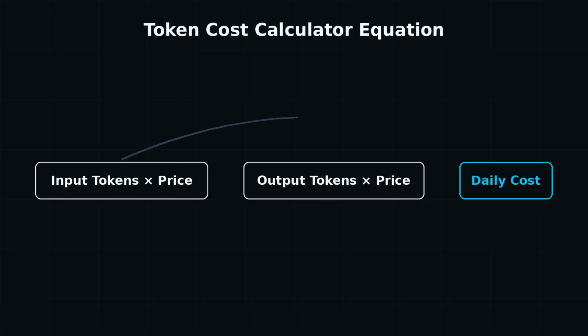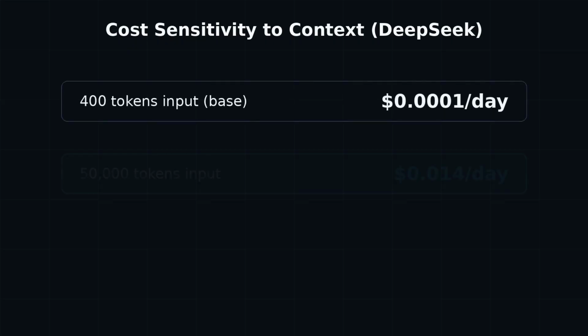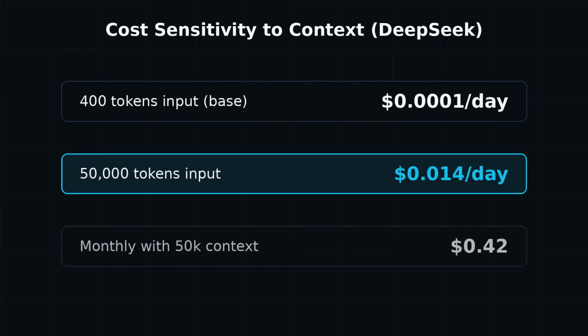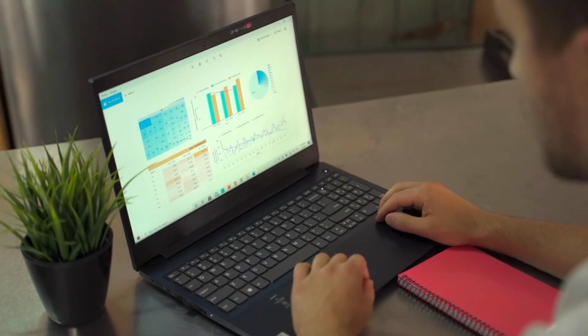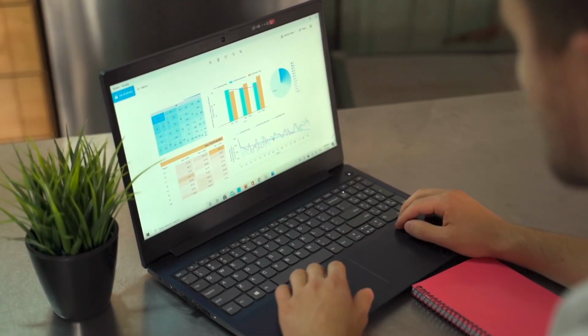Our calculator can be summed up in a single formula: daily cost equals input token count times input price plus output token count times output price, all repeated for each request. The key insight? Token price is just half the story; total token consumption powers the bill. Keep an eye on context length and output tendency, and you'll never be surprised by an AI invoice again. Tokens are cheaper than ever, but the volume of tokens has exploded,